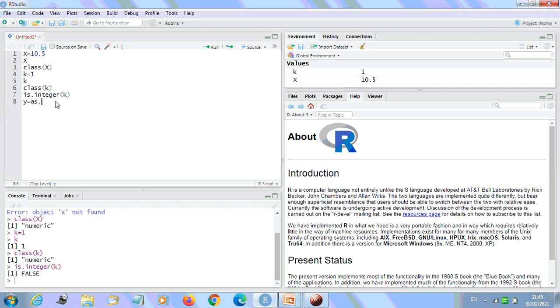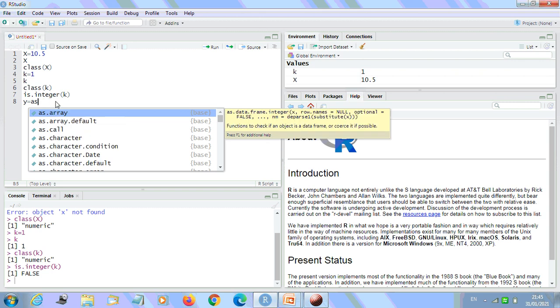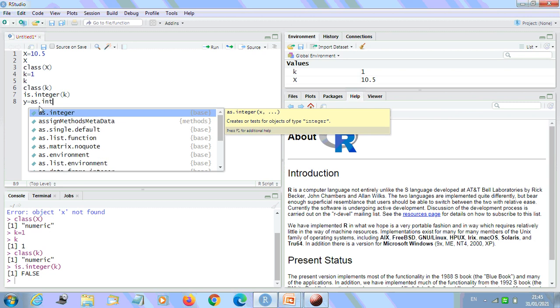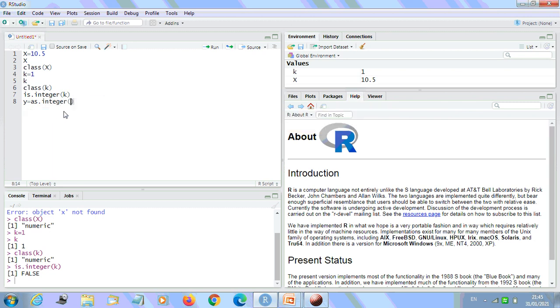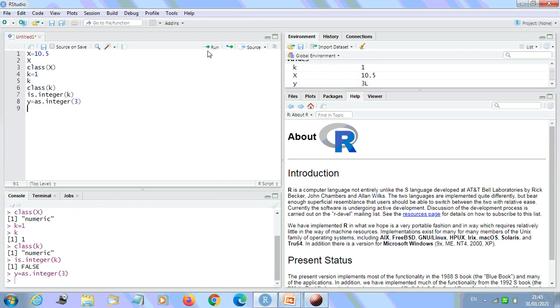I will write as.integer, and whatever value we want, I will write 3. Let's print this y. So y equals 3, and let's check the class of this y. See, we have integer here.